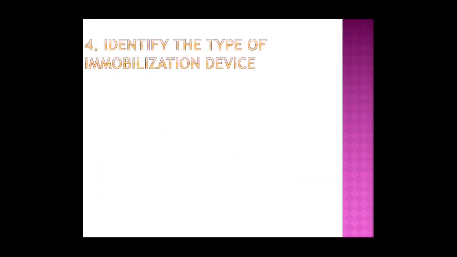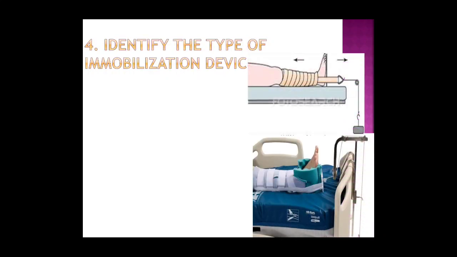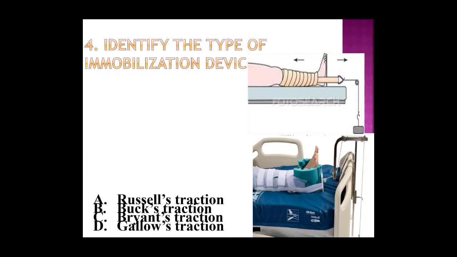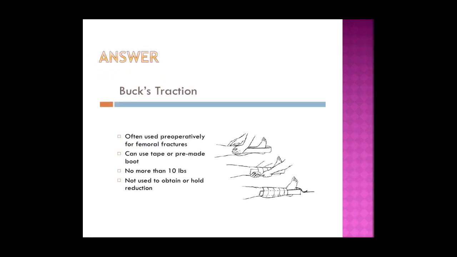Now let's move on to the next question. Identify the type of immobilization device. Options: Russell's traction, Buck's traction, Bryant's traction, Gallows traction. Answer is Buck's traction. It's a type of skin traction that is widely used for the femoral, hip and acetabular